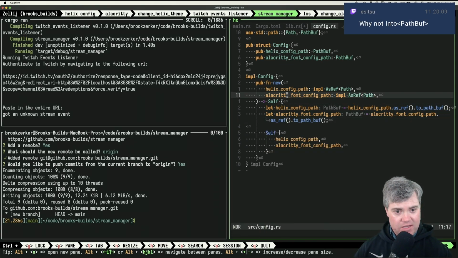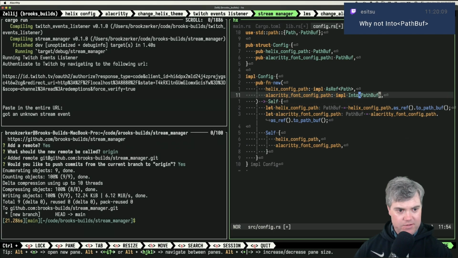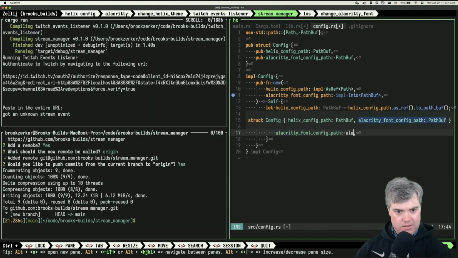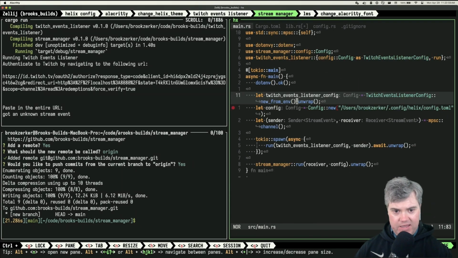Why not into path buff? Can I do into path buff? Let's try it. My brain clearly is turning into mold, into path buff, because I'm changing the wrong things around. Okay, so I do that. Alacrity font path into there. Okay, so then if we go into our main,